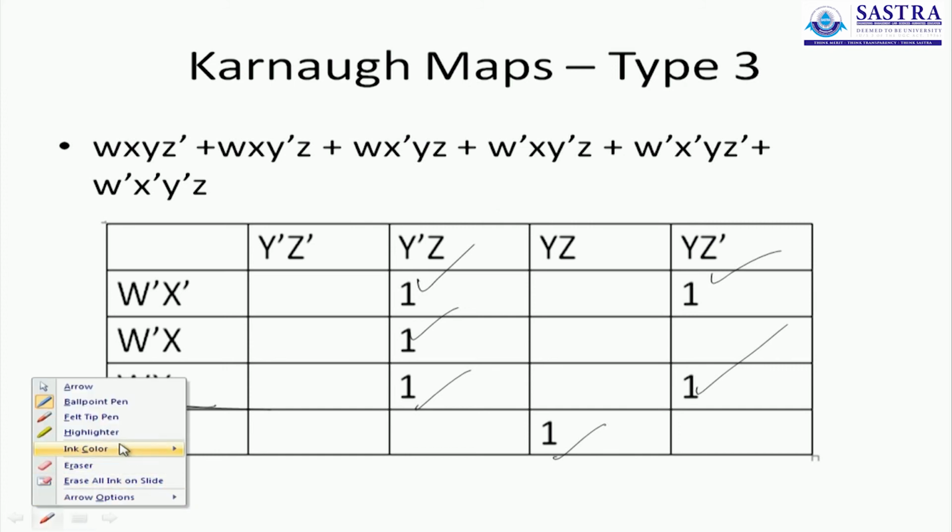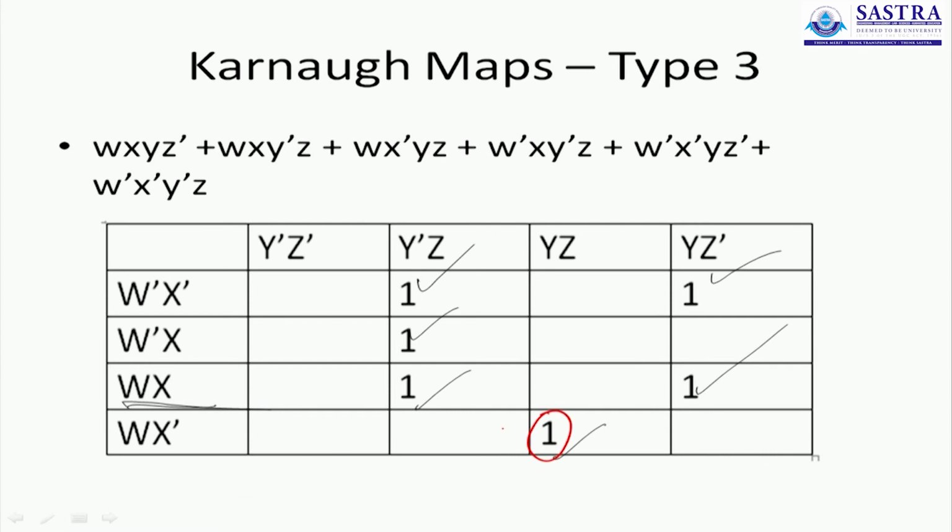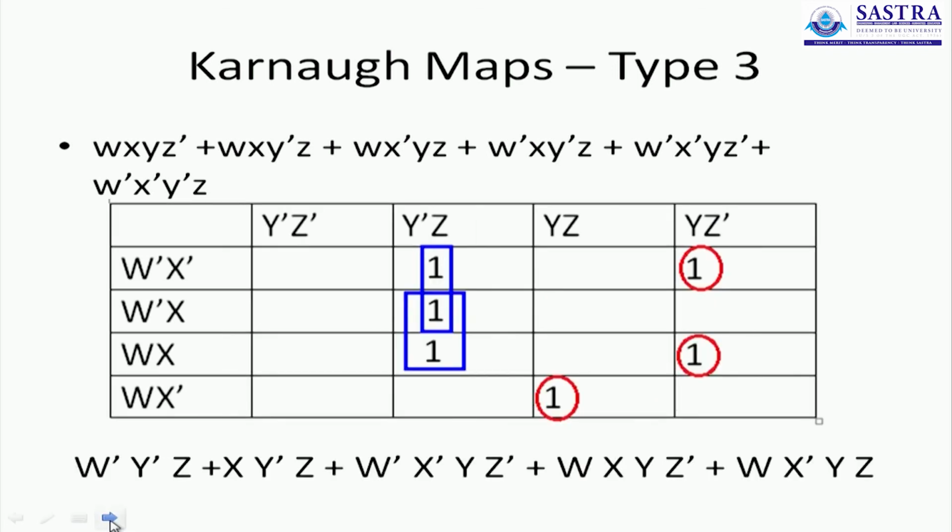Once again, you will see that this number is isolated. You can't group. There are no ones in the column extreme, no ones to the left or right. This is left ungrouped. So is this one. Nothing here, here, here, or here. Same happens with this. No adjacent ones. These two can be looped in 2 different ways. So when you proceed, that's what you have. 3 isolated ones corresponding to these 3 terms, and 2 terms which are grouped.